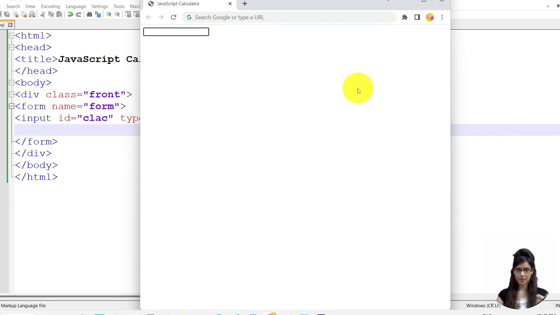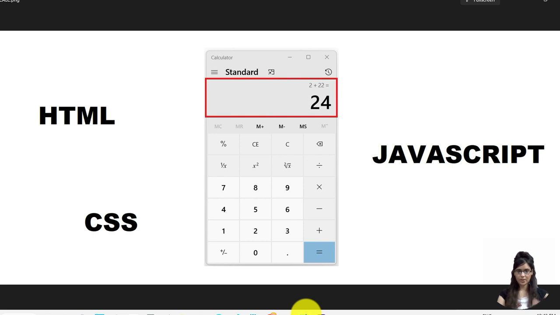We need buttons like this so that user can enter the data. We will use buttons for the input and operators, then we will display that in this. So now we will create the buttons for the digits from 0 to 9 and for the operators.